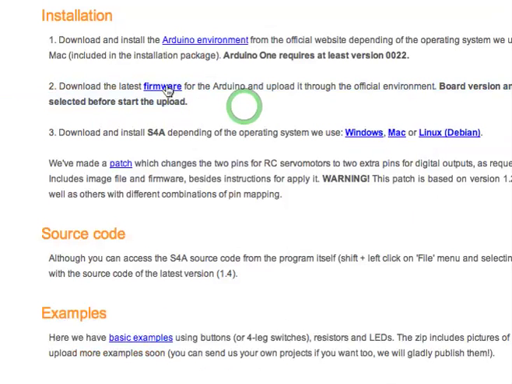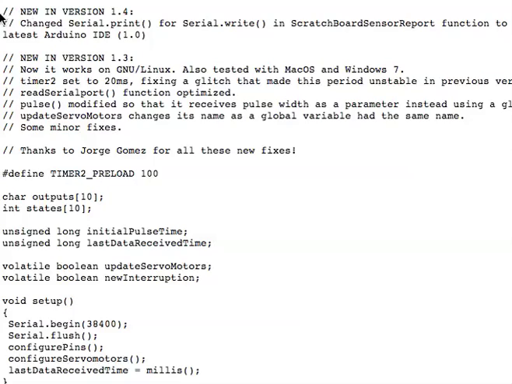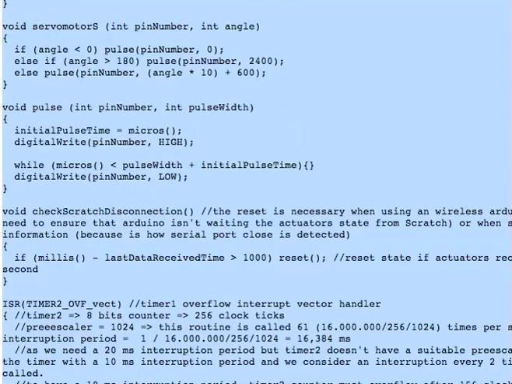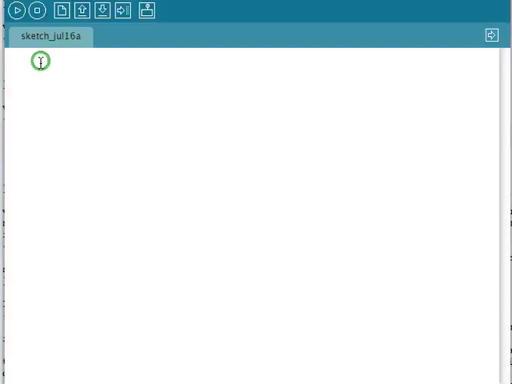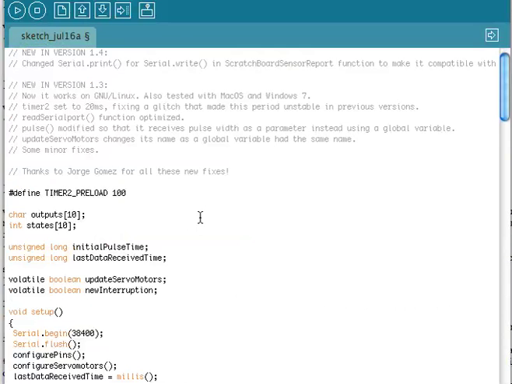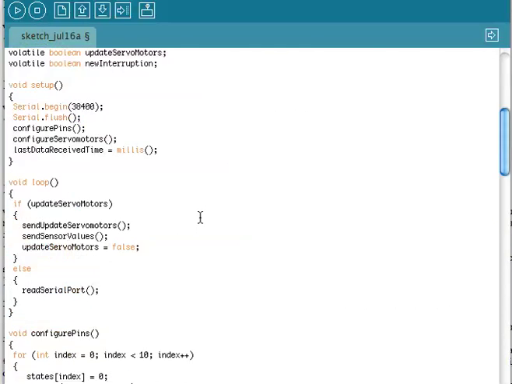And right here it says download the latest firmware. So I'm going to click that. It's going to give us a whole lot of gibberish once it brings it up. And really all I want to do is select all the text in this little gibberish window. We don't really care what it says right now, but I want to select all of it. Then I'm going to go back to my Arduino environment that we would have installed and paste that in there. And this is going to be all the text, all the firmware that's going to go to the sketch,